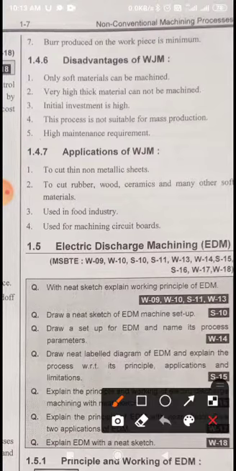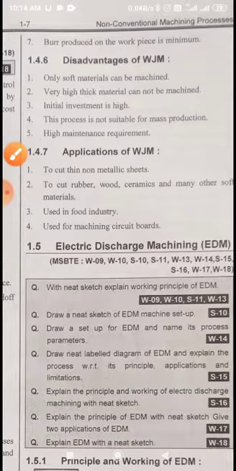Disadvantages of WJM. Very thick, hard material cannot be machined. Initial investment is high. This process is not suitable for mass production. High maintenance is required. Applications: to cut thin non-metallic sheets, to cut rubber, wood, ceramics and many other soft materials, used in the food industry, and used for machining circuit boards. These were the